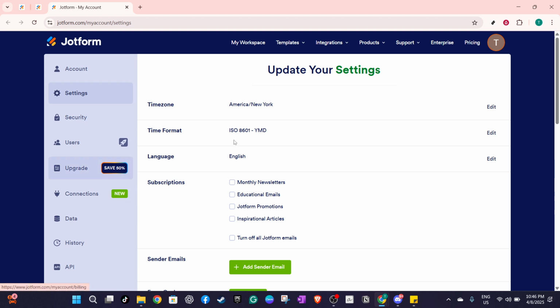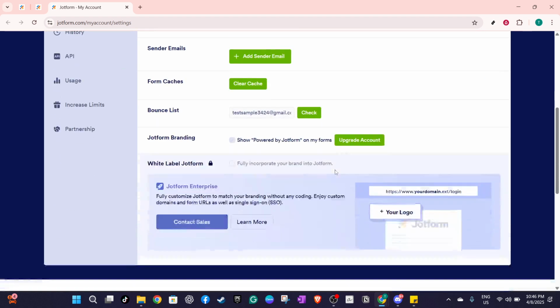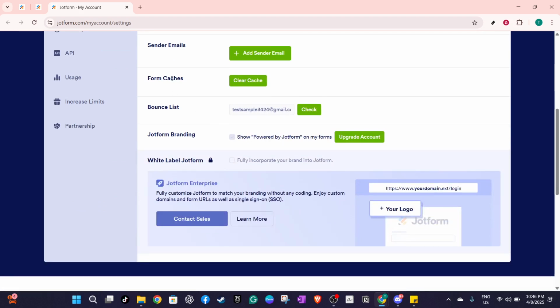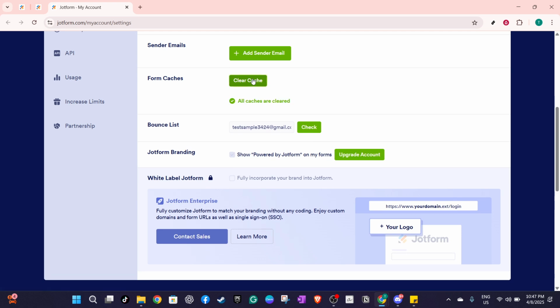Once you locate the Form Caches section, you'll see a button on the right hand side that says Clear Cache. Simply go ahead and click this button. By doing this, you are instructing Jotform to remove the old stored data, essentially giving your forms a fresh slate to work from. This is a great way to resolve any issues related to forms not updating or not displaying